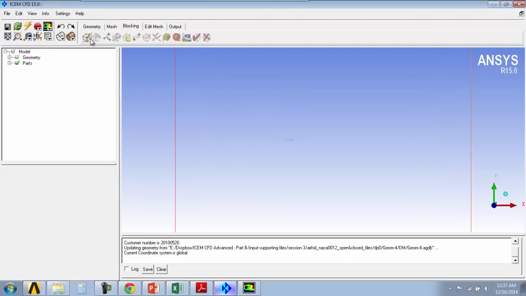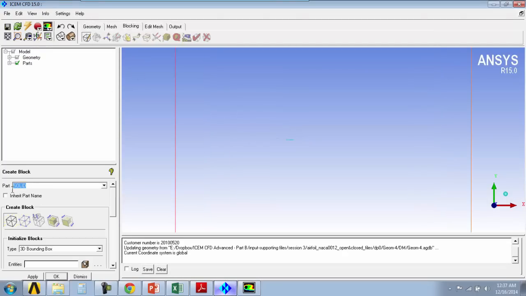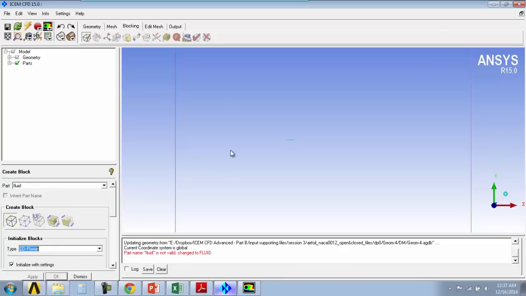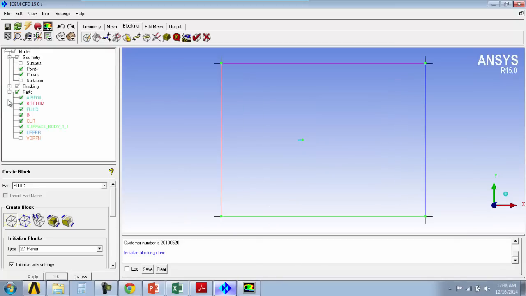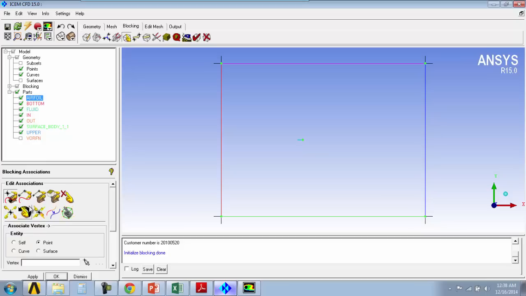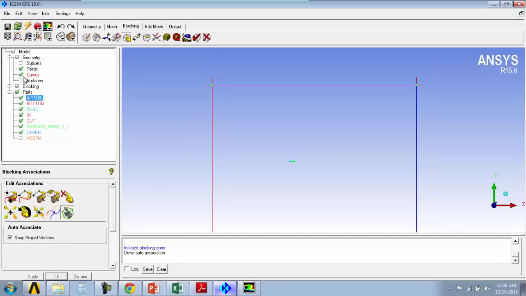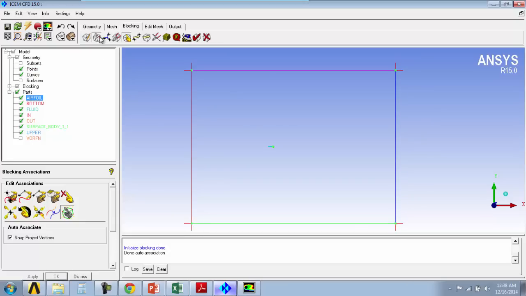So first we create the 2D blocking. We can call this one fluid. It's going to be the 2D planar block. We can turn on the points over here and we can check these boundary conditions. So we can associate them one by one, or we can associate them using the auto associate, and they all will be associated to the corresponding entities in a single command. After that,